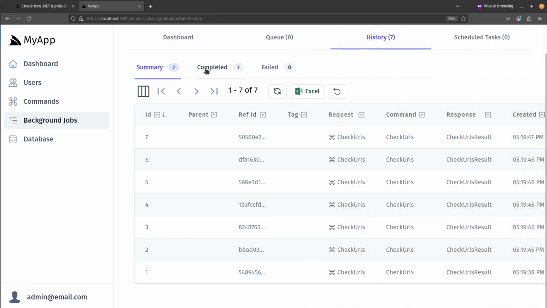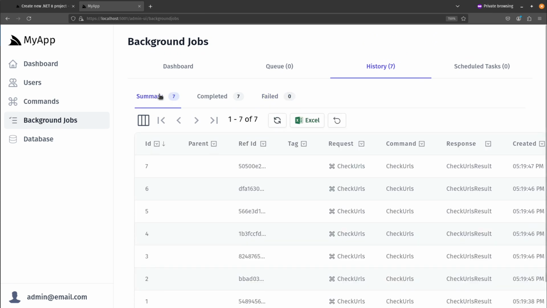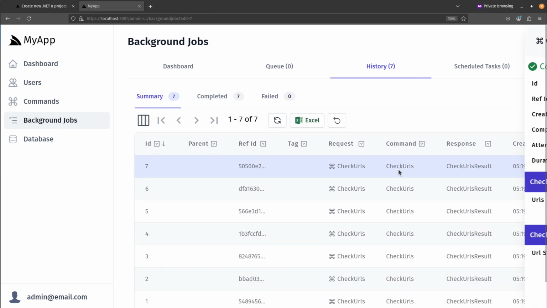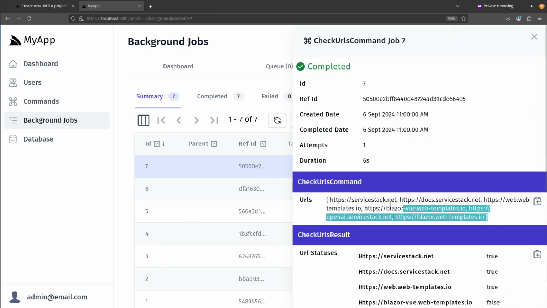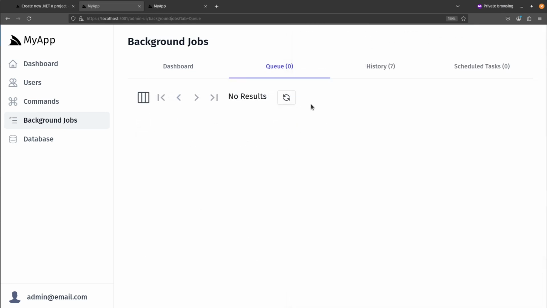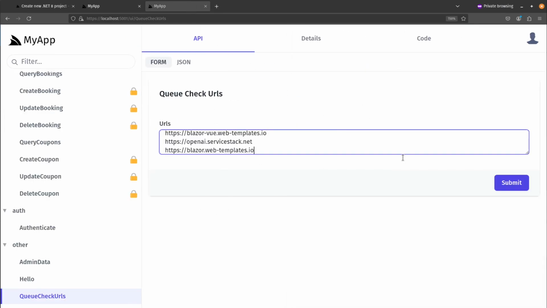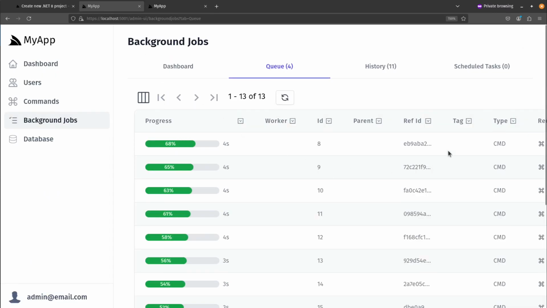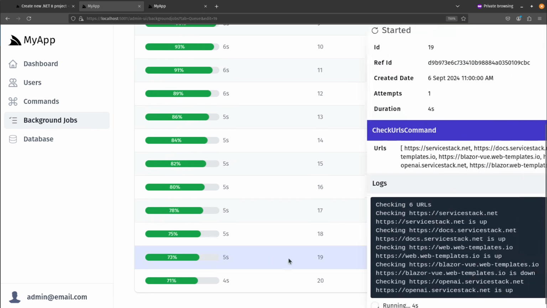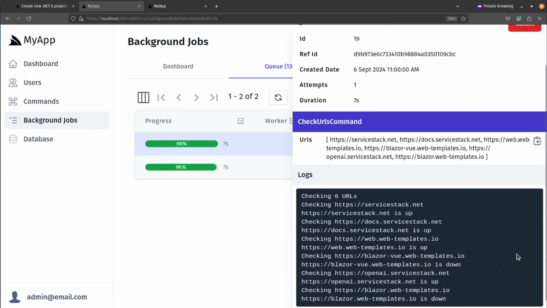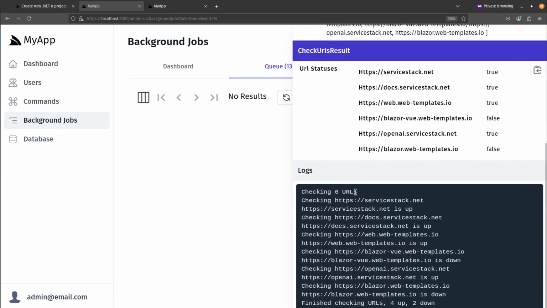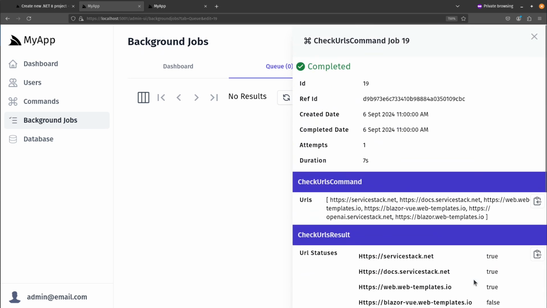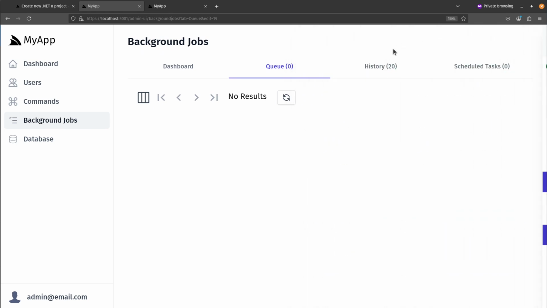Clicking on one of these jobs will show us the details of the job, including the input and output type details for this specific run, along with some logs. If we navigate back to the Queue tab and use a different browser tab to fire off some more check URL commands, we will see this queue light up with our in-progress jobs showing us live updates. We can even click on those in-progress jobs and see the background job log information flow through